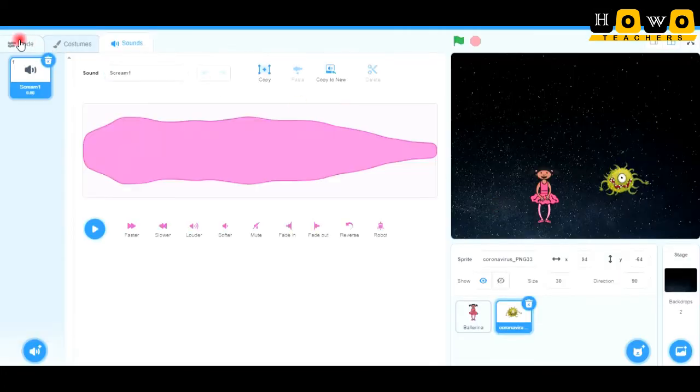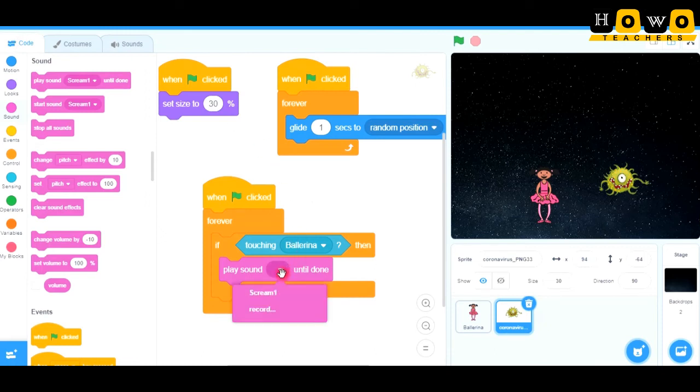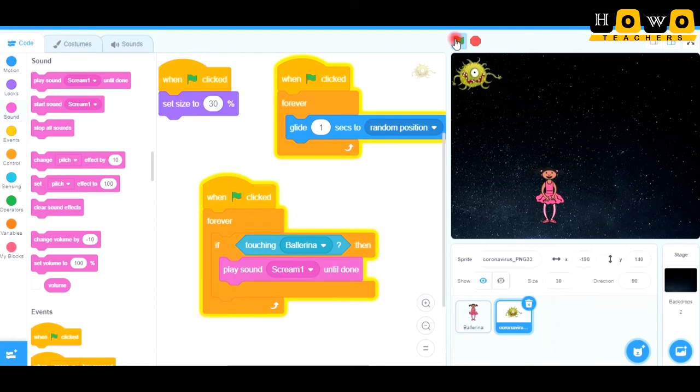So I'm going over the code area, and I'm going to take the scream sound here. That is how you will be adding the sounds also. Even if you are a girl and you can record very well, you can record any kind of sound that you want. So I am just adding a scream sound here. Let us see how it will work and how she will be screaming whenever coronavirus is coming near to the ballerina.